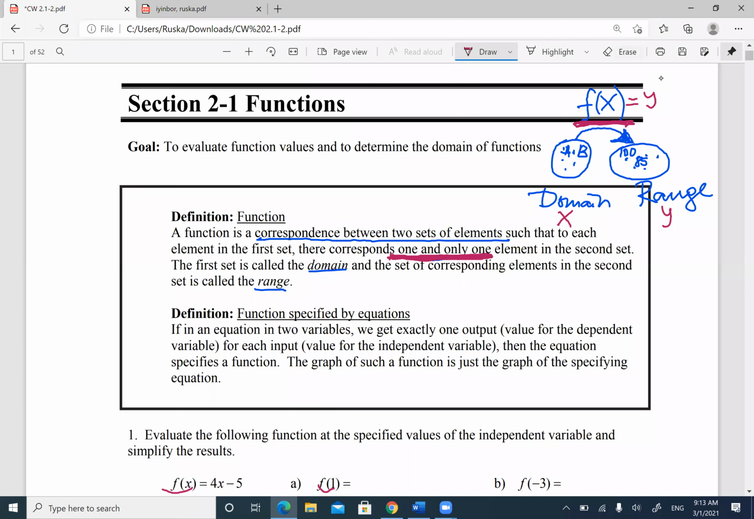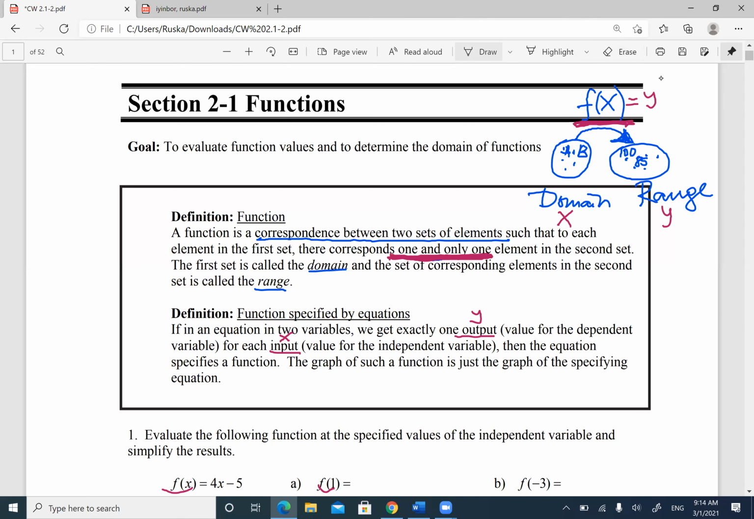So now, let's see what we have. We have functions specified by equations. So there are different ways to represent a function. We're going to talk about the equation of the function. And the equation has two variables, and I told you x and y. The input, or the independent variable, is x. And the output, which is the dependent variable, is y. Usually we're representing the equation with y, okay? And then